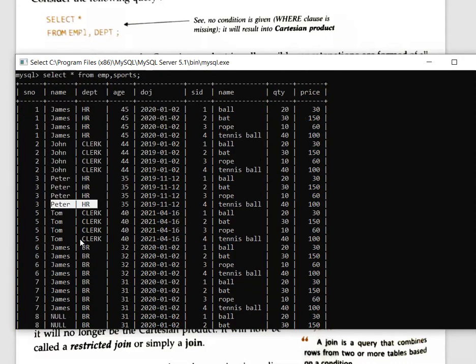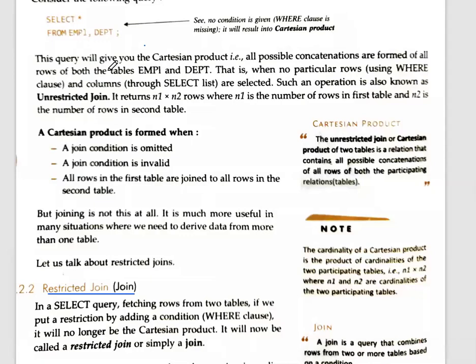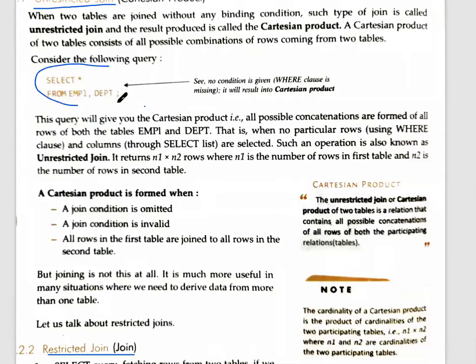So ultimately what you have to understand is that logically this is not a correct method, but still we have this particular option. If for any particular tables we want to combine every row with every row of the other table, only then we use this Cartesian product. Otherwise, whenever we are joining them, we have to give a condition. Therefore, this type of joining is called